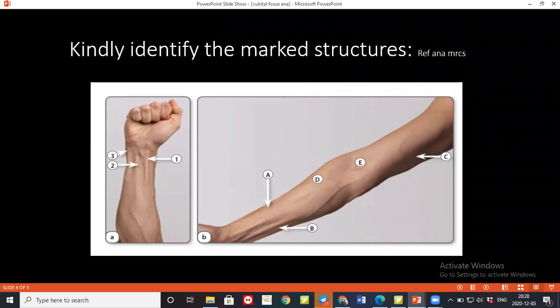Can you tell me the compartments in the forearm? What are the muscles and what is their nerve supply? For the forearm, we have the anterior compartment and the posterior compartment. In the anterior compartment, we have the superficial and the deep. For superficial muscles, they include the palmaris longus, brachioradialis muscle. Then we have